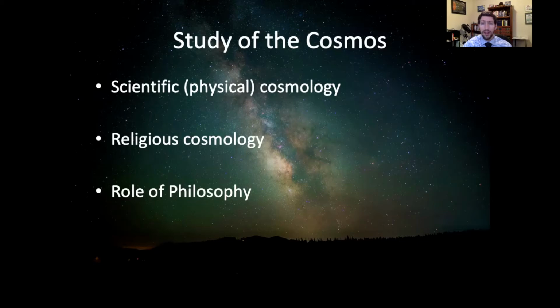But when we do want to connect religious cosmologies with scientific cosmology, philosophy has a role there. We have to use reason to understand the nature of space and time, the difference between being and non-being, also the nature of science, especially physics, and religion. And so philosophy is where this dialogue between scientific cosmology and religious cosmology takes place. Because we're in a course on astronomy, we want to focus on scientific cosmology, but without ignoring the points of contact with philosophy and religion.